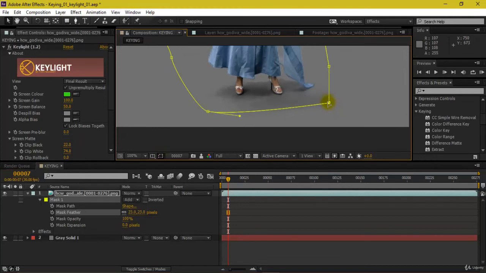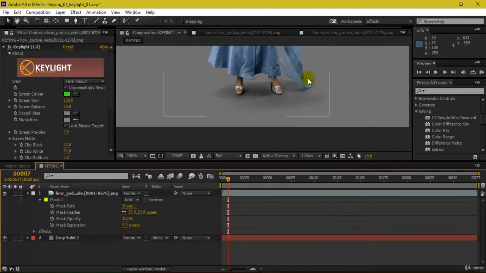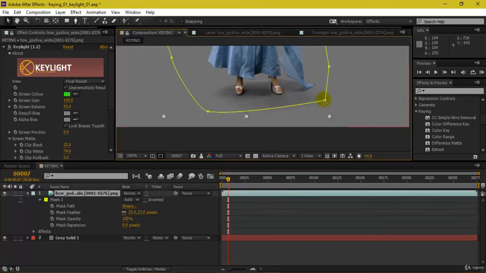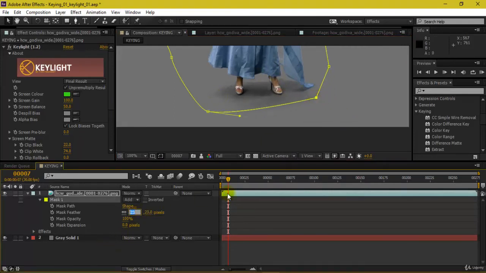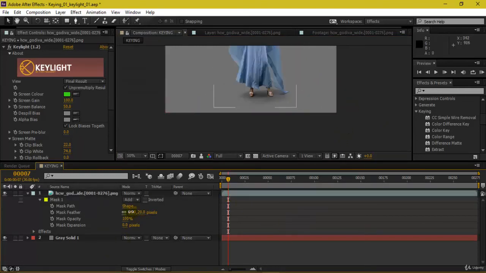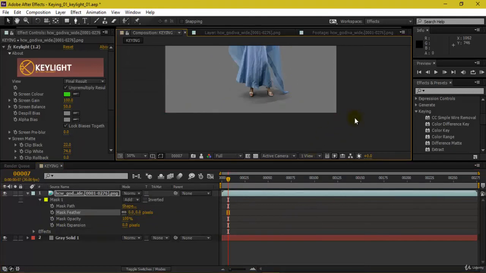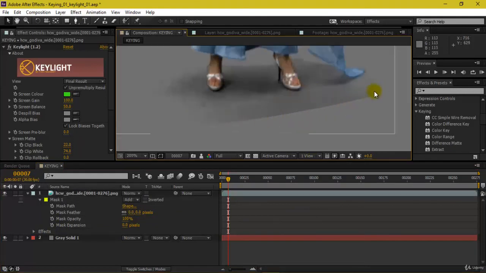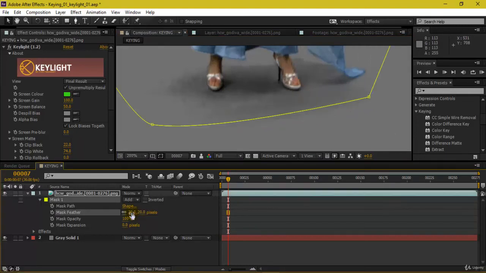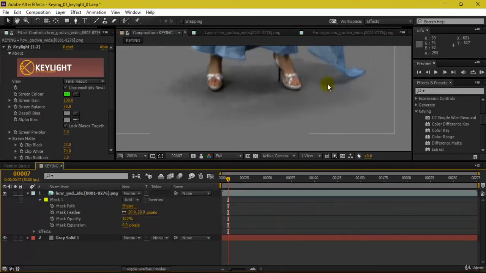You can actually take this something like this. Yeah, so it is actually following a very circular kind of shadow, and is looking actually nice. So that's pretty fine for me. You can decrease the feather maybe by 3 pixels and take this to 20. So earlier it was this kind of linear shadow which was not looking good, so I increased the mask feather by 20 pixels and it's forming a very nice follow through.